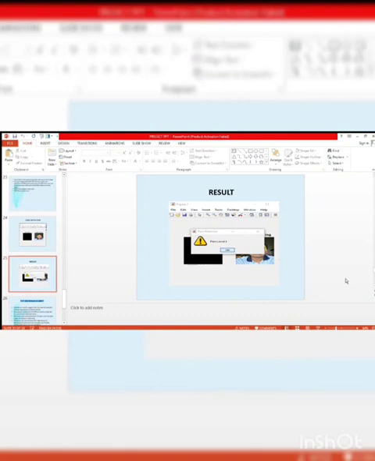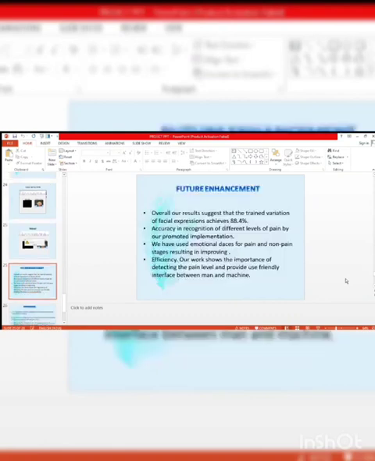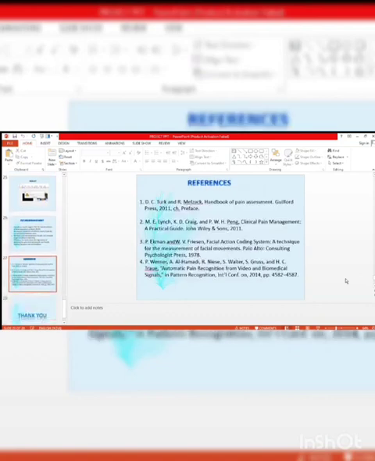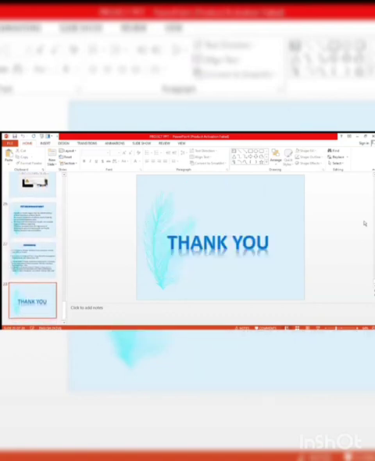Edge detection. The outer edge of the given image is detected. This will be the result. The pain level will be displayed after performing all the above mentioned operations. And finally, future enhancement. Hence, our project produces 88.4% accuracy in recognizing